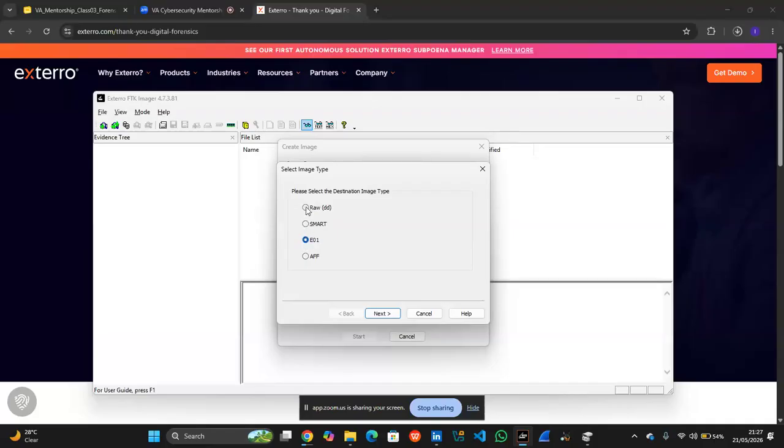You can also use dd raw, or SMART, or AFF, right? I can't actually explain what this AFF and SMART are because, as I told you guys, I'm a SOC analyst. I'm not a digital forensic analyst. I just have a lot of knowledge about it, right? So you can try to do your research, but I personally believe and I know that this E01 is the most widely used file destination when it comes to imaging. Right, so let's choose E01.